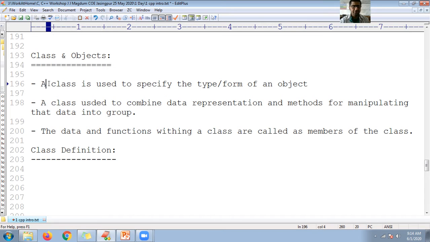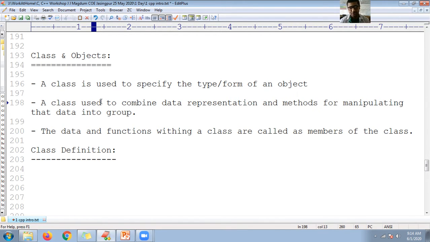If you create the class of student, I'm telling the example, once you create the class of type student, you will get the student type object, but you won't get the object of faculties. Are you getting? Because that student class contains the attributes of type students and also the operations or behavior performed by the students only.